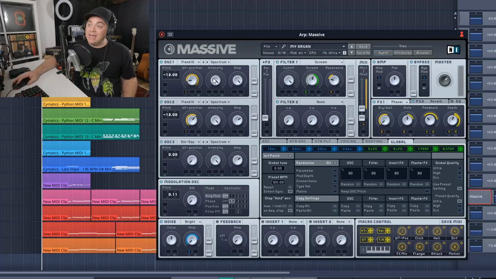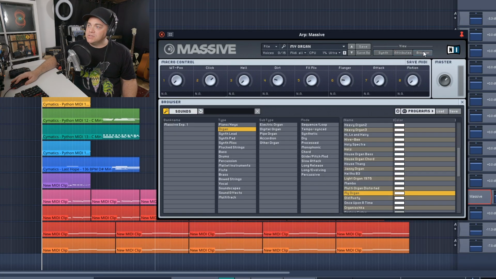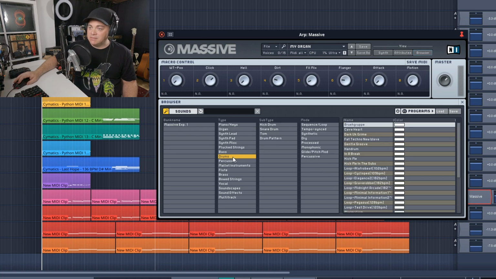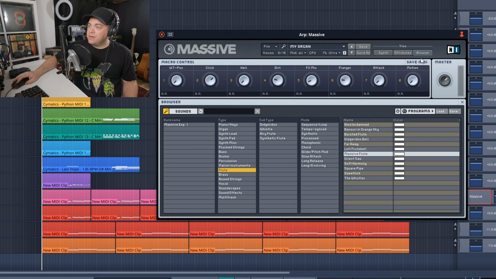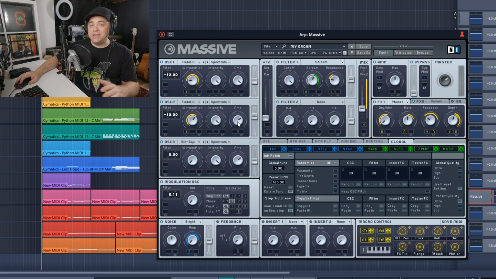If you create electronic music, this will likely become a real go-to synth for you. It includes over 1,300 presets, and there's a real nice way that you can go about looking at these presets in the browser view over here. And you can see it's laid out quite nicely. And of course, you can dial in your own sounds or adjust the sounds of the presets very easily in this really nice looking user interface that's pretty easy to navigate.